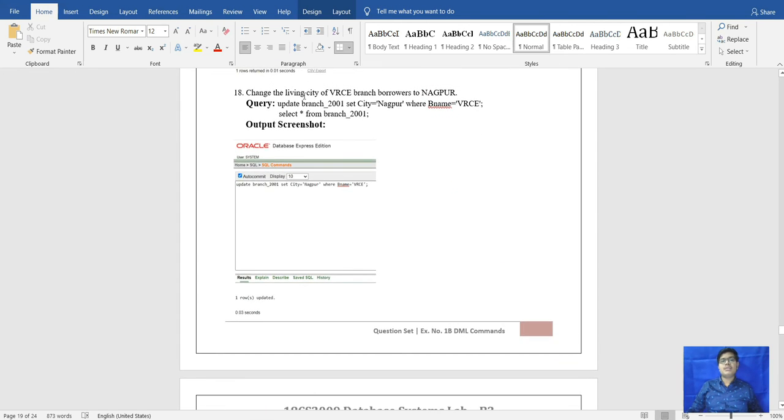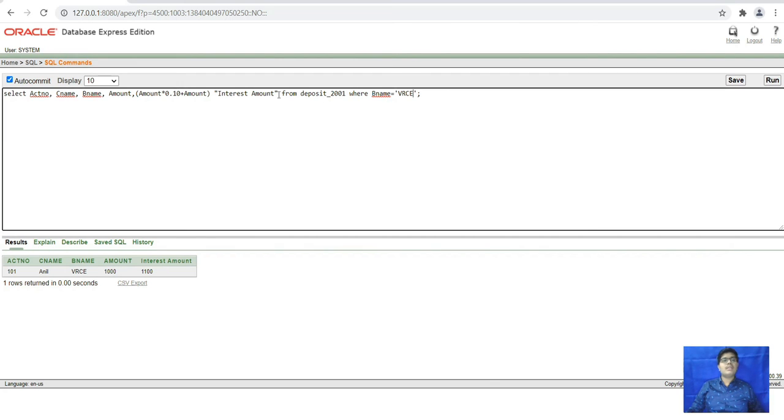After that, for the 18th question, change the living city of first branch Vers to Nagpur. After that, we will update our table here. Update table. For that, we have to change branch here.